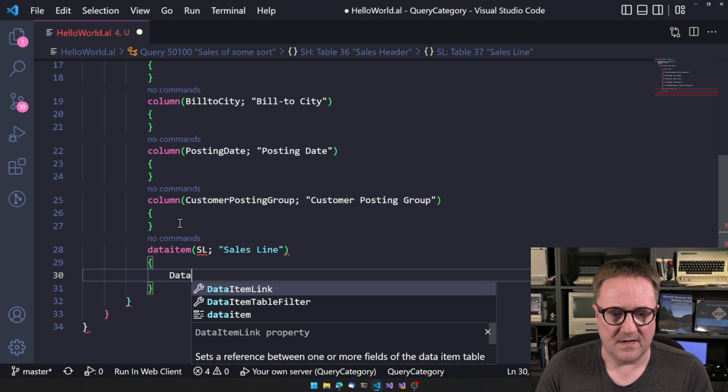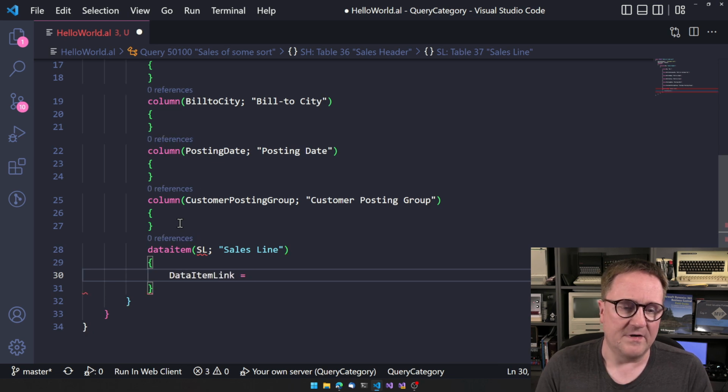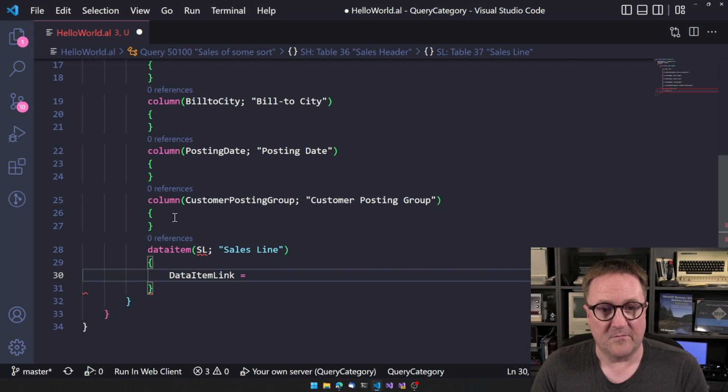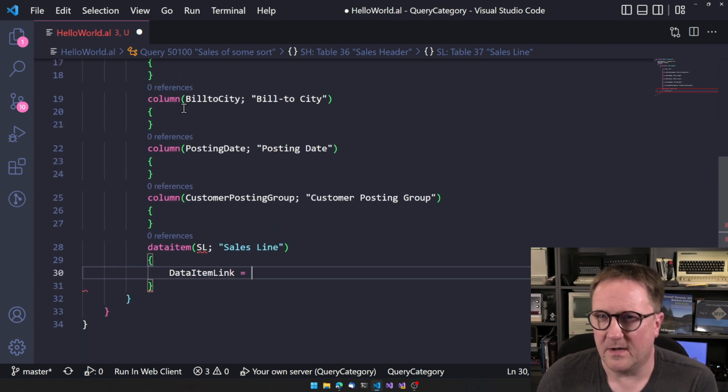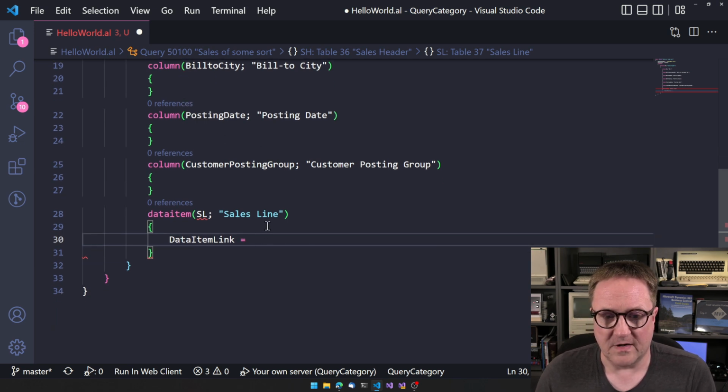There we go. Data item link. And now we need to link the two. So this is a join, in the query talk. So now we're creating a join here and saying that